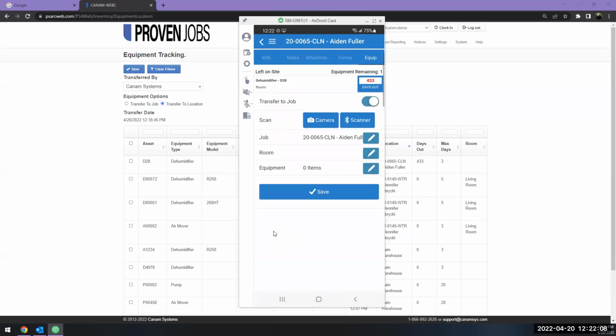Now with this job, this is a job that's been out for quite some time. You'll notice that it's turned red. So it would be another visual cue to our technicians or our users in the field that this equipment has exceeded its max days out and we need to get it returned back to our default location. Now from the mobile application, I can return it back to the warehouse by flipping my toggle there